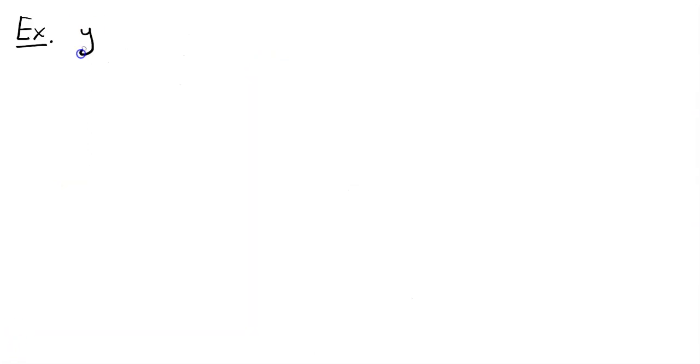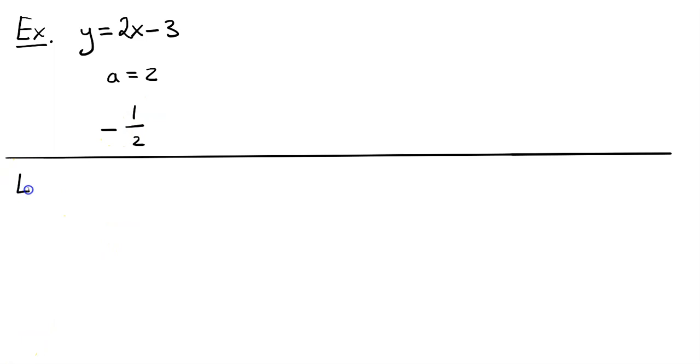For example, what is the normal to this straight line, 2x minus 3? Here we have that the slope is 2. So the slope for the normal is minus 1 over a. So that's this. So this is the slope for the normal. Another example,